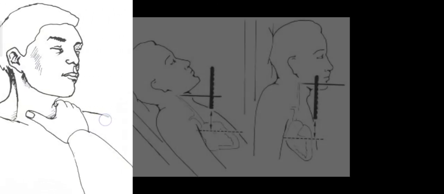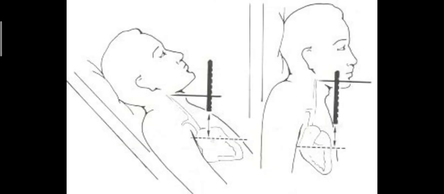What you can do again is to differentiate between carotid and JVP. This is what I told. You can compress the root of the neck to see the pulsation of the JVP gone, but the carotid will not be gone. Correct? This is the last one, a very important thing.